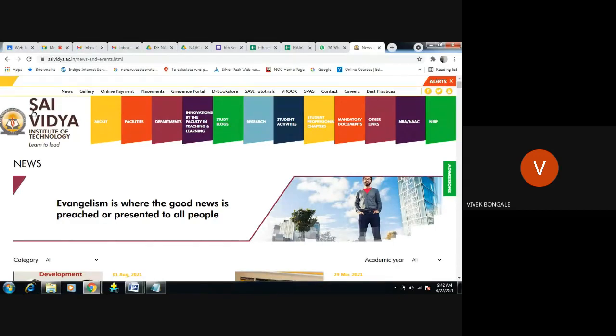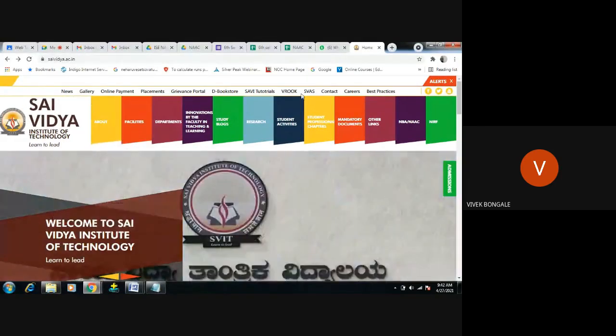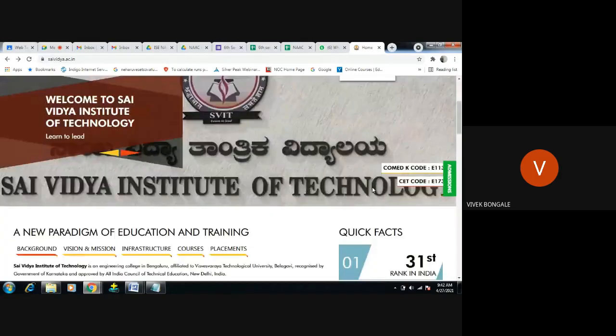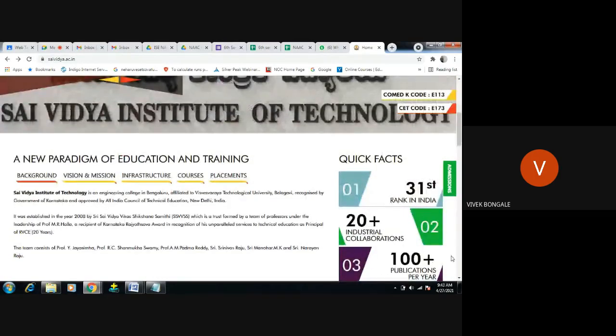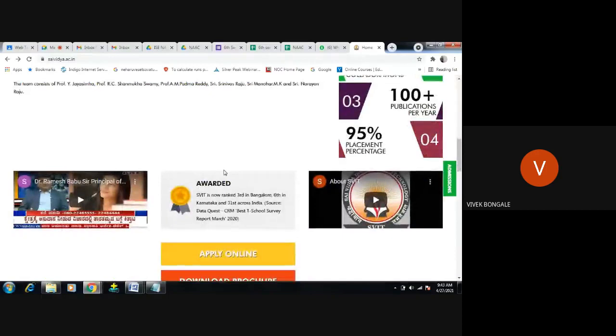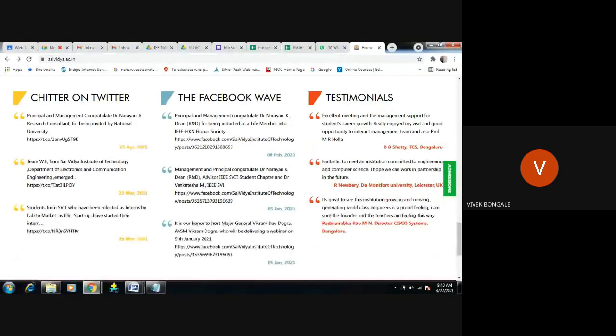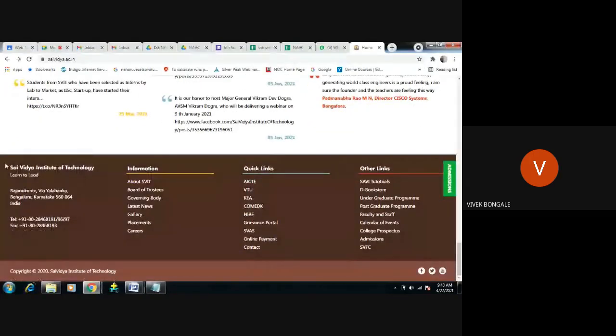So you can see here, I'll come back over. You can see this logo and one heading we have given on the header part. Then these are the navigation we have given, and we have the footer. Here we have given the paragraph. This is the paragraph, not this part. A new paradigm of education and training, right? This is the paragraph or content that we want to display there. And this is the footer, right? This is the footer, correct?